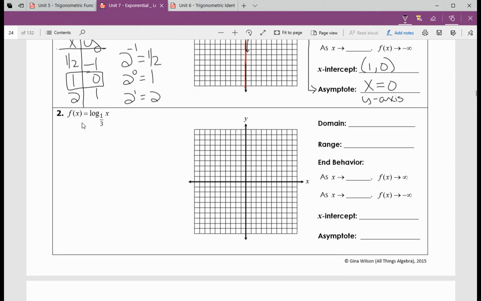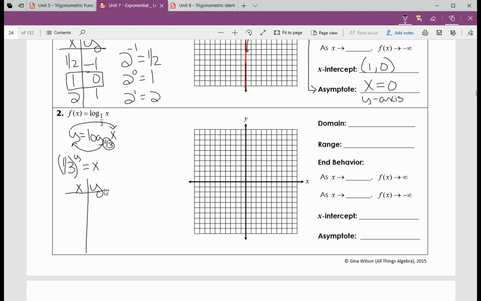So in this problem, problem number 2, first thing I'm going to do is take f of x out and write it as y. I'm going to rewrite it in exponential form. So 1/3, which is my base, to the y power equals x. Once I rewrite it in exponential form,